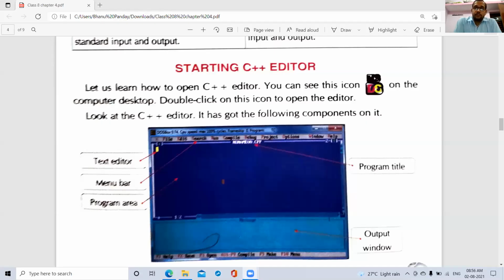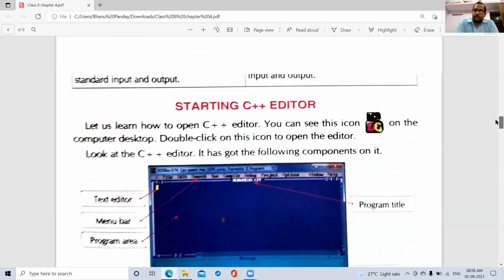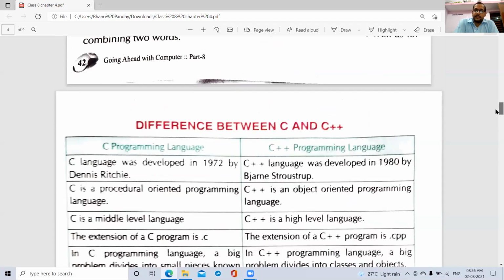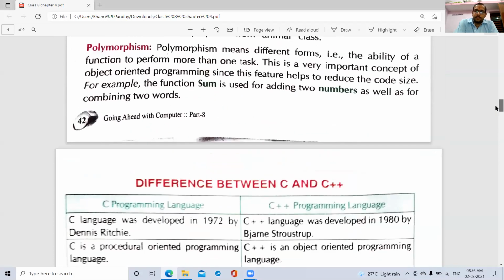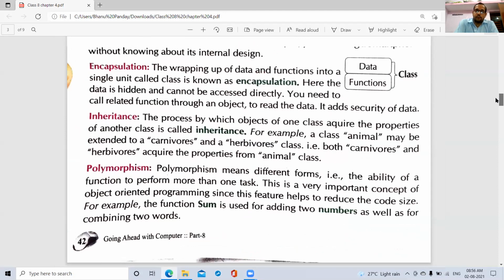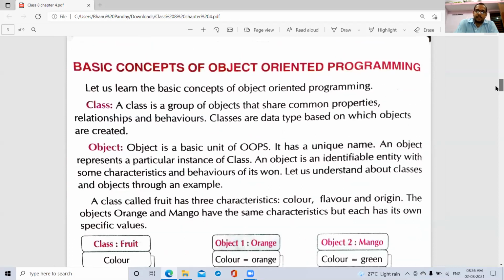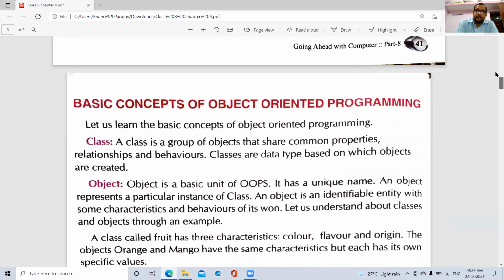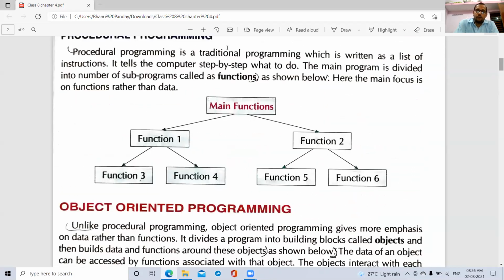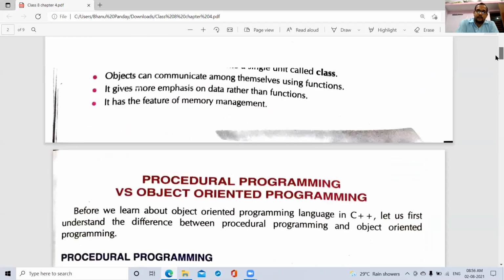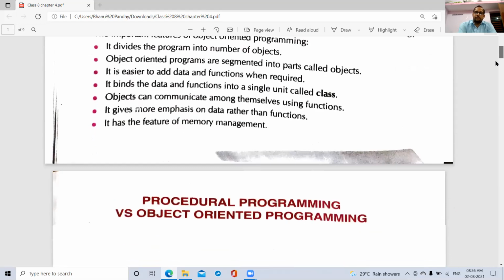Today we will start from the topic of starting the C++ editor. Previous topics which we have covered: the difference between C and C++, basic concepts of object-oriented programming like class, object, inheritance, polymorphism, abstraction, encapsulation, the difference between procedure-oriented programming and object-oriented programming, and the features of object-oriented programming.